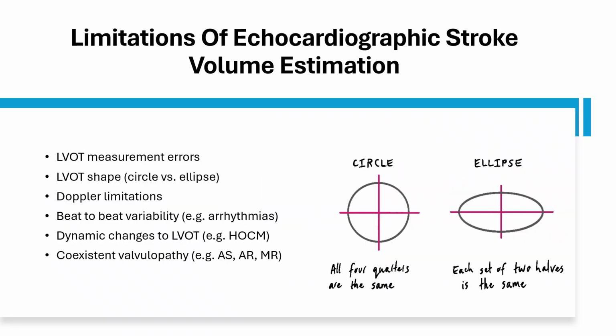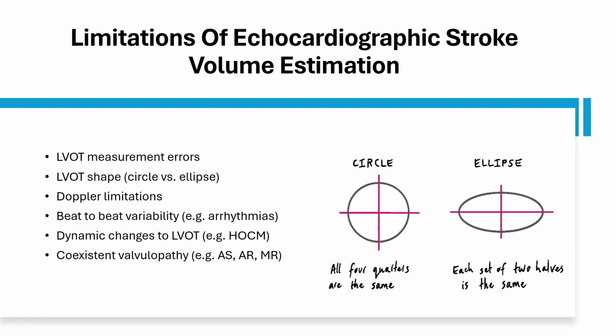Let's dive in deeper into the limitations of this technique. Again, we discussed there's a possibility of LVOT measurement errors, which are then squared. We also assume that the shape of the LVOT is a circular one. However, in many patients, it is a form of ellipse. Again, we mentioned Doppler limitations and angle issues. Again, patients who have beat-to-beat variability and patients with arrhythmias, for example, atrial fibrillation, can have different values each time